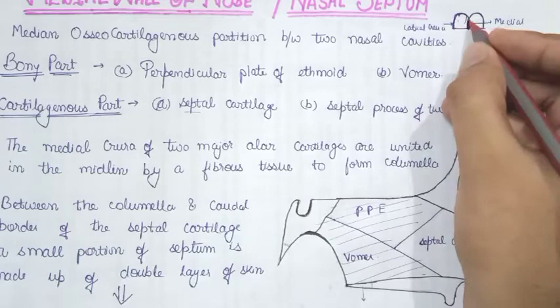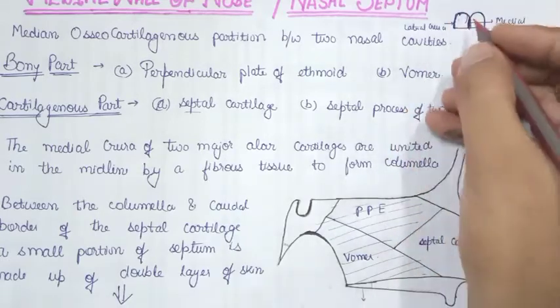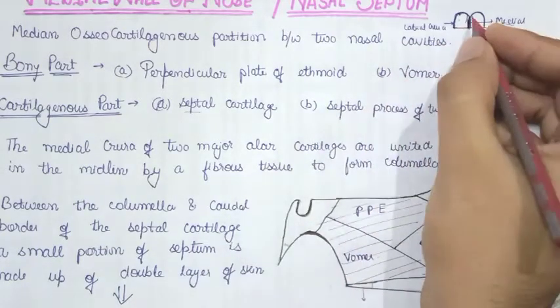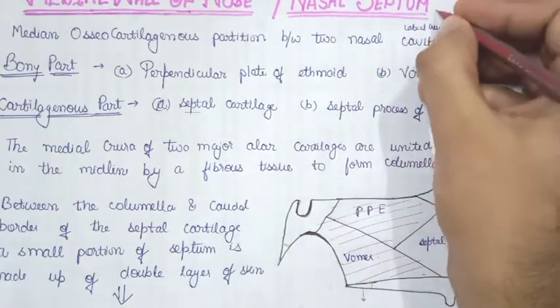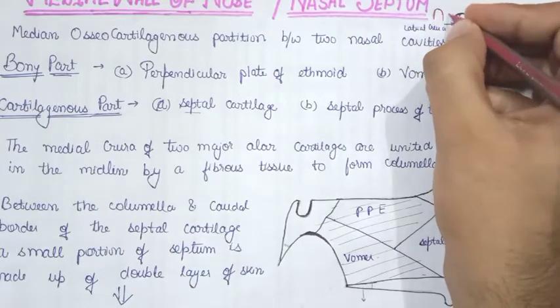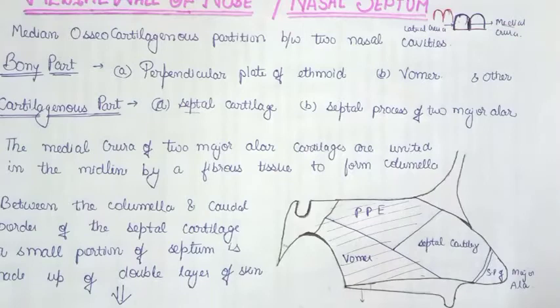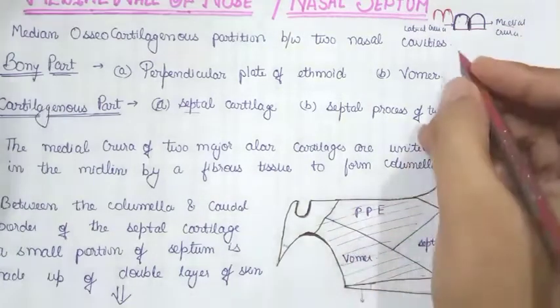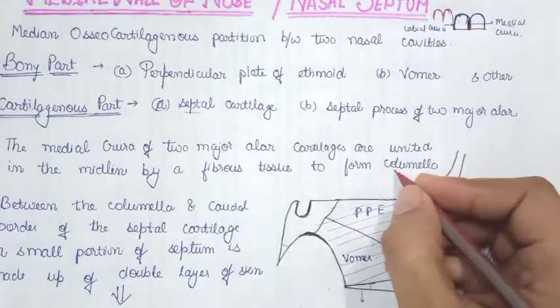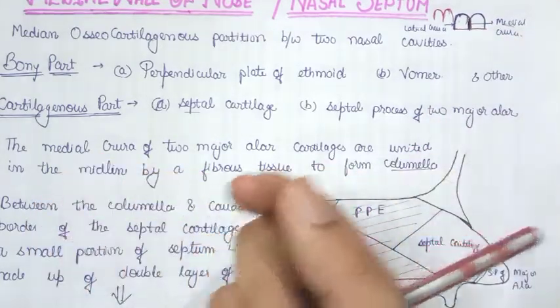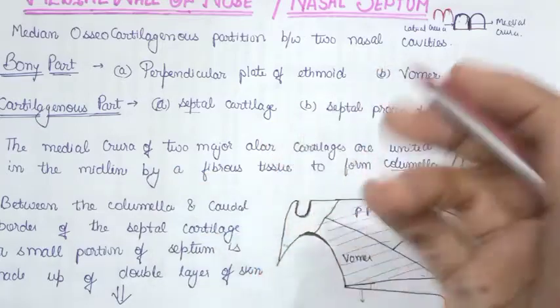तो यहाँ पर जो केव का मिडल बाउंड्री, दो केव का जहाँ से जॉइन है, यहाँ पे एक कैसे फॉर्म हो रहा है? It is formed by the joining of the medial crura. एक मिडियल क्रूरा लेफ्ट का और एक राइट का मिडल में जॉइन होकर फॉर्म कर रहे हैं बीच वाला पार्टीशन, which also contributes to the nasal septum. And this part in the center is called the columella. So columella is nothing but the combining or united structure formed by the two medial crura.